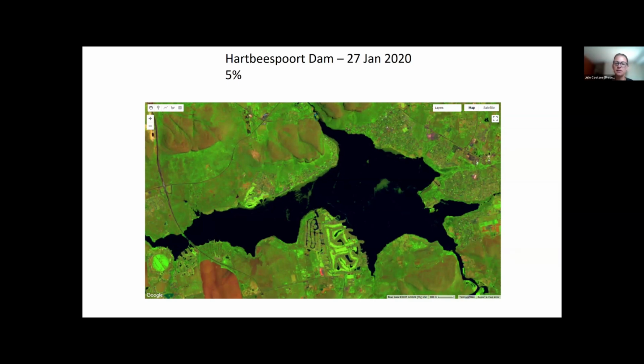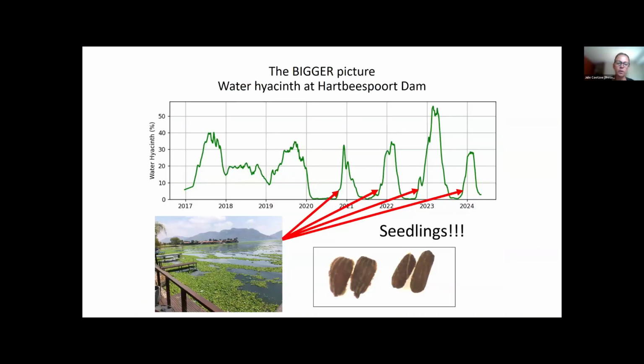We've been doing inundative releases every single year at the beginning of spring. So we've got 2017 to 2020, where there's various cover of water hyacinth in the absence of spraying. And at the beginning of 2020, that huge crash in water hyacinth.